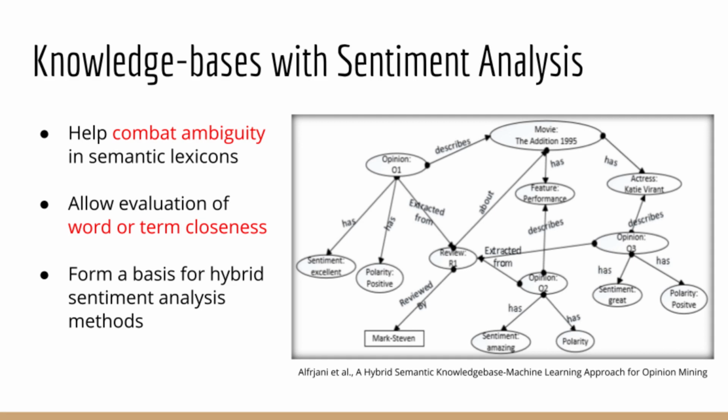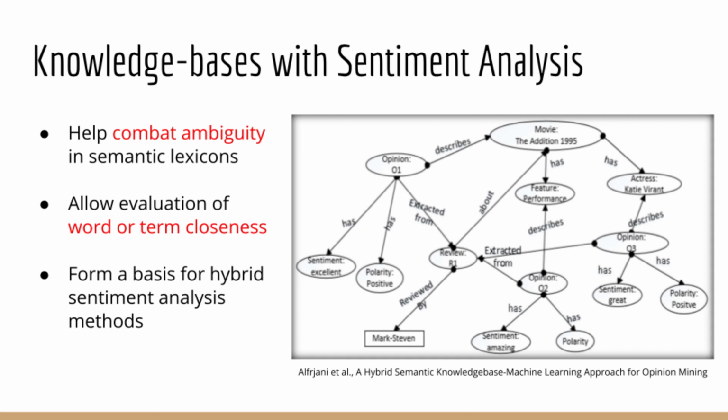Word closeness to other words in the text can be evaluated when employing a knowledge graph by viewing whether words have relations to each other within a certain number of steps in the graph. With word closeness being confirmed, it is possible to ignore other interpretations of the word that can have differing semantic polarity. Even words that are lacking from a sentiment lexicon, such as SenticNet, can be given sentiment polarity values by evaluating the polarities of words close to the term in another knowledge graph. By removing ambiguity, we have now generated a domain-specific semantic lexicon, which will be more performant for that specific task it was made for.